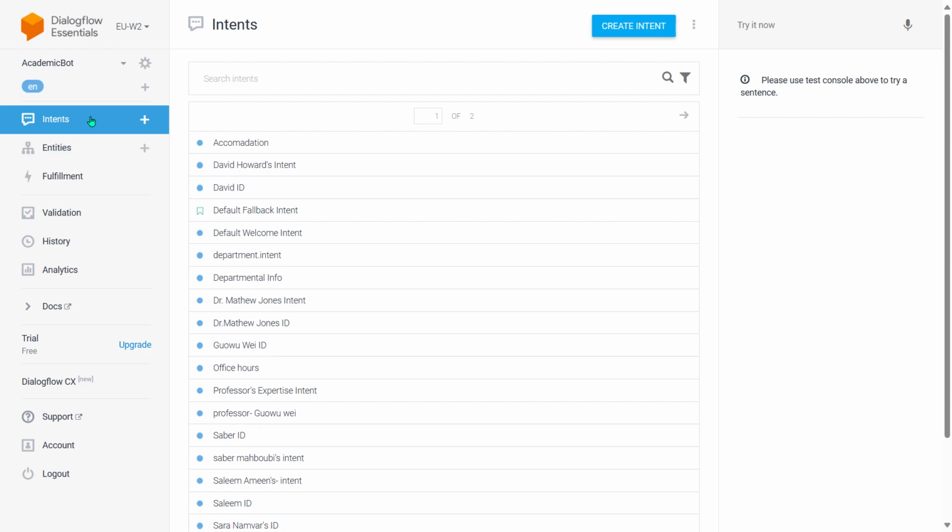Here in the left sidebar we have some options: intents, entities, fulfillment, evaluation, history, analytics, and everything. We're not going to use each and every one of these, but definitely we're going to use intents. Intents is all about